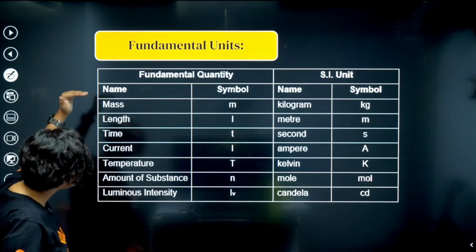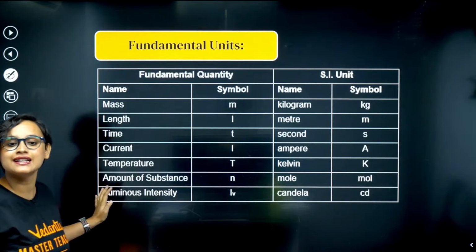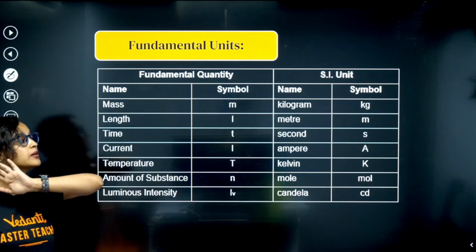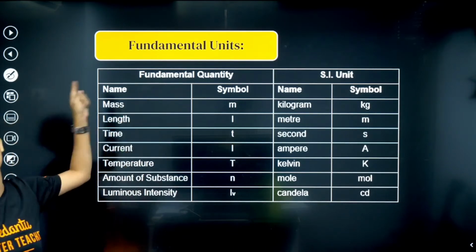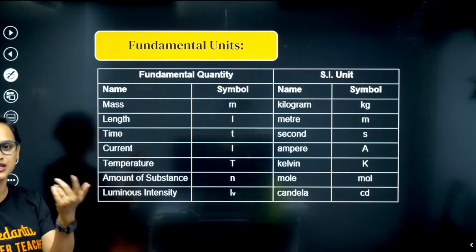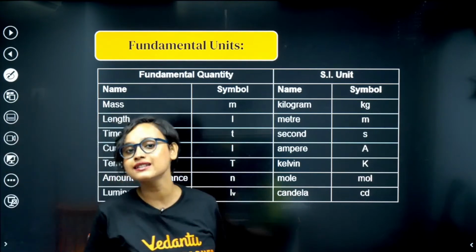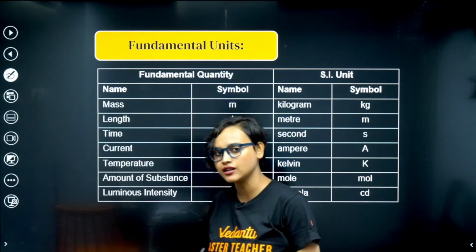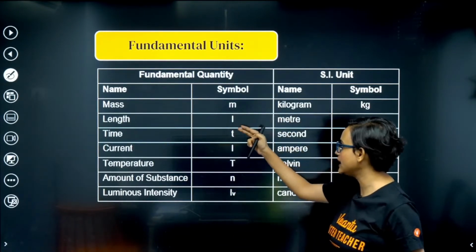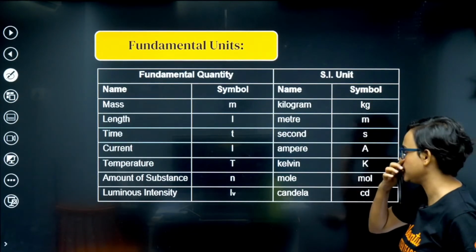When we come to measurements, we have some basic fundamental quantities. Apart from the quantities in the list, anything else that we have is completely derived from these. These are the basic fundamental units. When I say basic, it means fundamental. So let's just learn about that. Mass is a fundamental quantity and the symbol of mass is small letter m, whereas the SI unit of mass is kilogram and the symbol is kg.